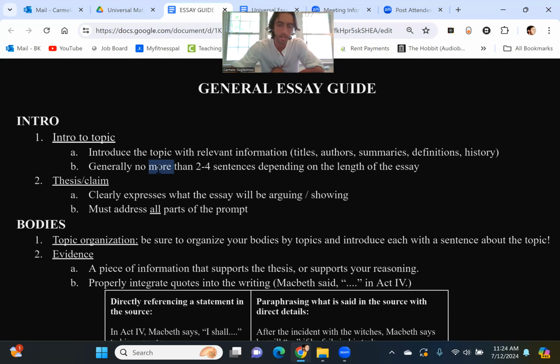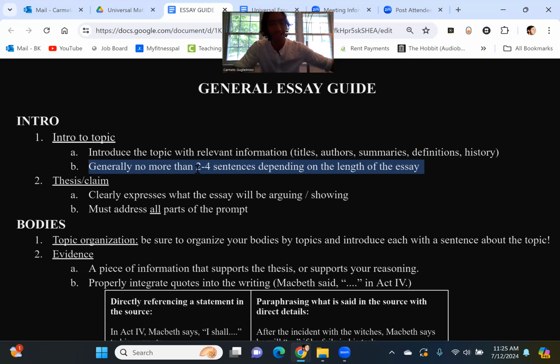The reason I give these numerical sentence guidelines is that I recognize some students are going to go on to study English and become writers, and they intuitively understand this. They know how to push the boundaries and flex their writing skills and break these traditional standards of 2 to 4 sentences for a summary. That's fine. But I also have a lot of students who have no idea how to formulate an essay or how many sentences should be in a paragraph. So as a general rule, I provide these for both types of students.